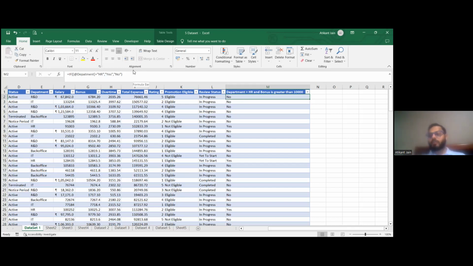So any doubt so far? Anyone of you? No. All right. So now in our case, we have multiple conditions. Here we have a bonus greater than 10,000 as well. So after this condition, this is my formula bar. Instead of working here, I can work in this space as well. So after this, I will press and,